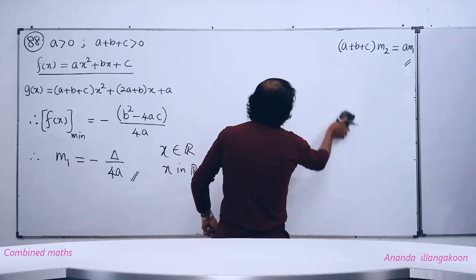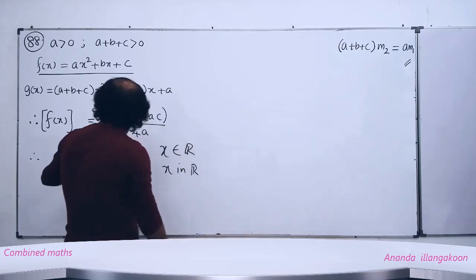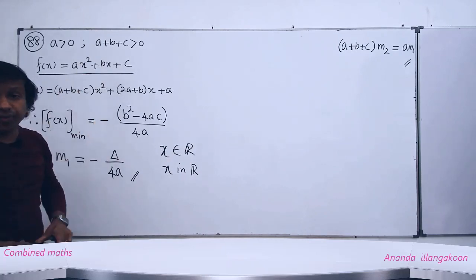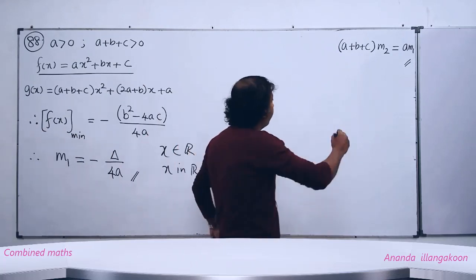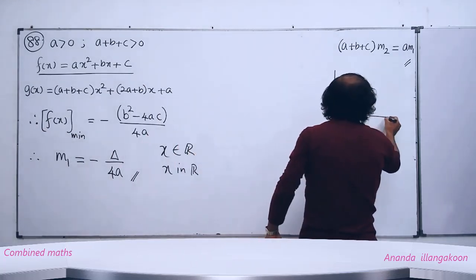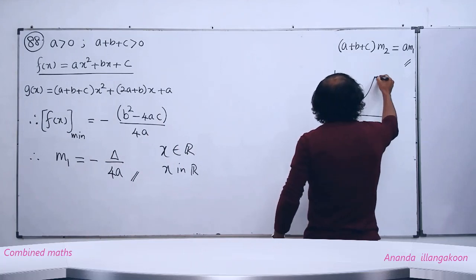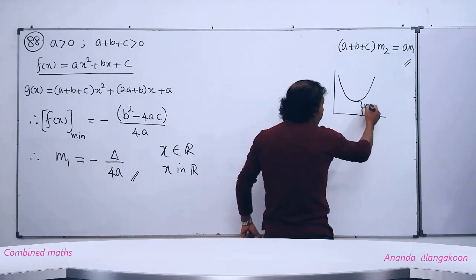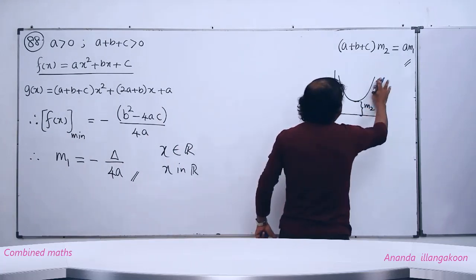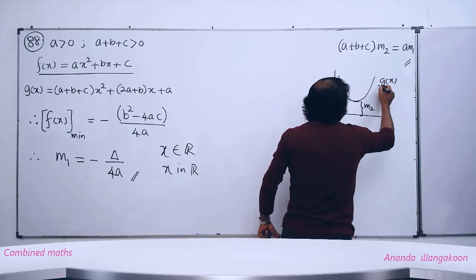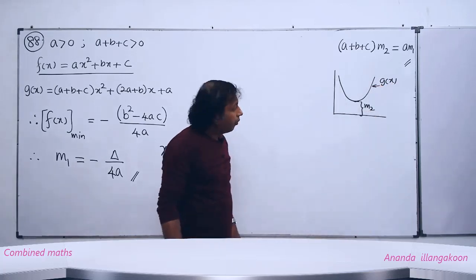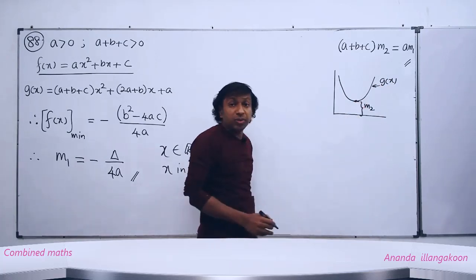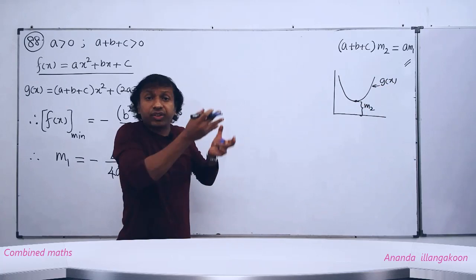Now people, you have to very carefully understand this: a plus b plus c is positive, therefore this gx is a minimum graph. Gx is a minimum graph, right? Now see here, we draw the minimum graph like this. Then the minimum value is this height, no? This height only, people, that we found as m2. This is the gx graph, right? People, you can very clearly understand, if this vertex of the minimum graph gx lies above the x-axis, you know,